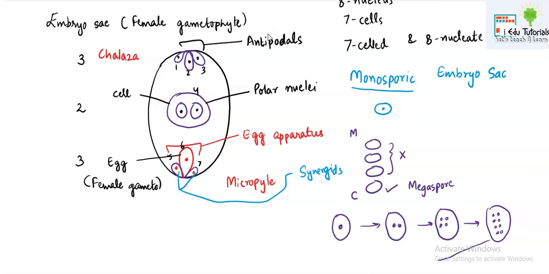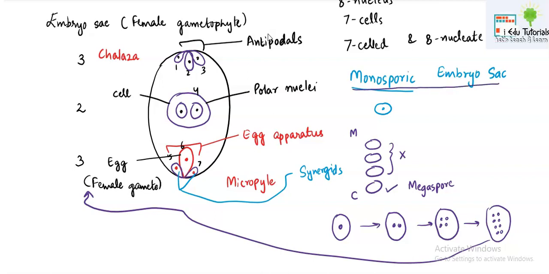Now we have already seen how these 8 nuclei are arranged in the embryo sac. So embryo sac developed only from one megaspore, and that is why such type of embryo sac is known as